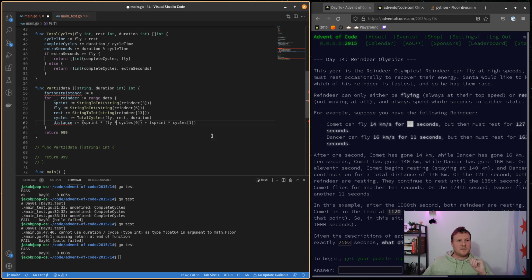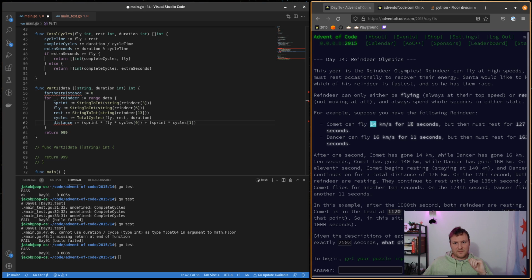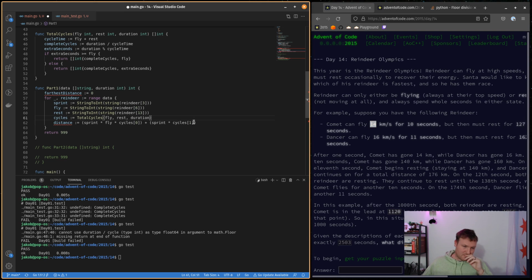Sprint times fly. So the number of cycles they do is going to be the times they do, for example, 14 times 10, right? And then we're going to add on sort of that remainder, which is this times however many other seconds. That might be one more cycle, right? But it might also just be 1 second, right? And what we're going to do is the logic,